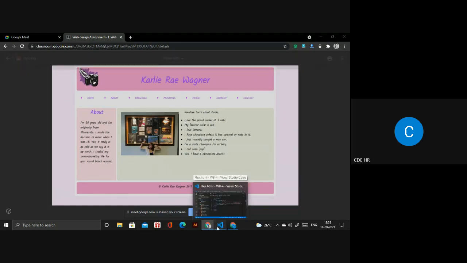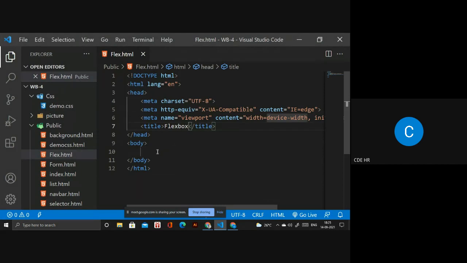So at first I need to create the header part. You can use semantic elements inside that, like header, footer, main or aside, whatever we are using. You can use div as well. So I will show you how we can use div in that. You have to divide each and every one. So I need an ID inside it. You have to give the ID, it's header.